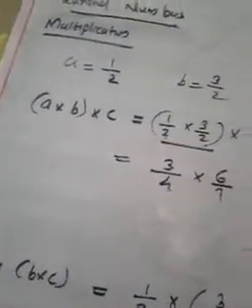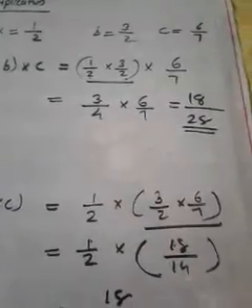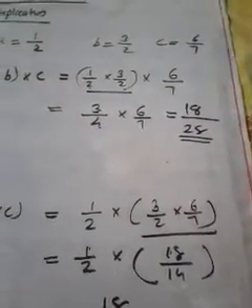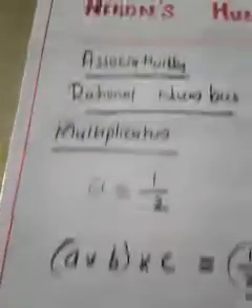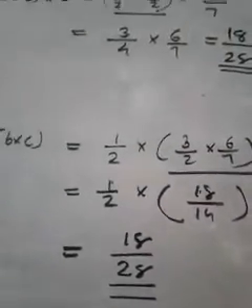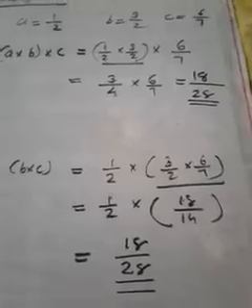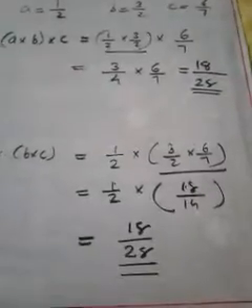But can you finalize the conclusion by using just this example? No, we have to go for one more example. And that one more example, you have to try yourself. Anyway, for any example you consider, the multiplication should be associative, because we will get A into B into C and A into B into C as always equal. You have to do one more example as homework. I am leaving that for you because it is very simple. And after that you can write the conclusion: multiplication is associative in rational numbers. Okay.